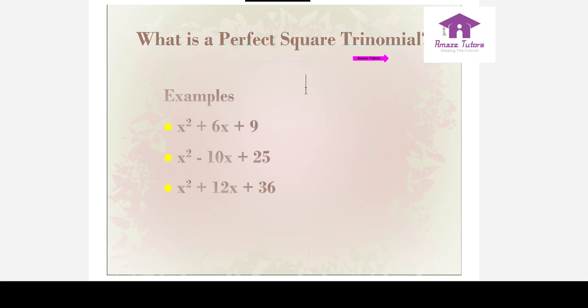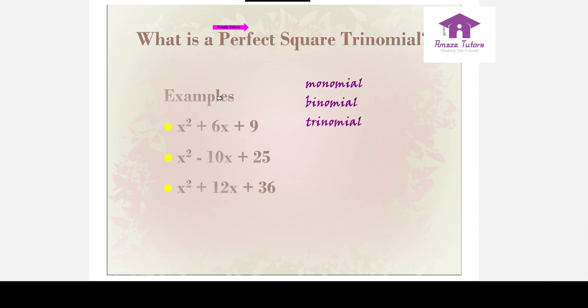I hope you know about monomial, binomial and trinomial. Monomial is an expression with a single term. Binomial, bi means two, is an expression with two terms. Trinomial is with three terms. So these are all examples of trinomials because they contain three terms: 1, 2, 3. Each term is separated by a plus or minus.